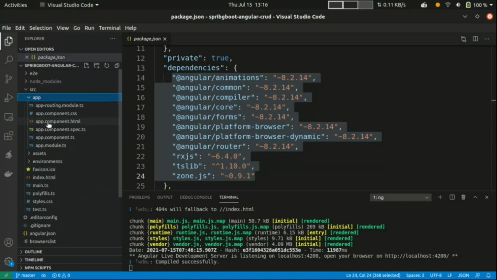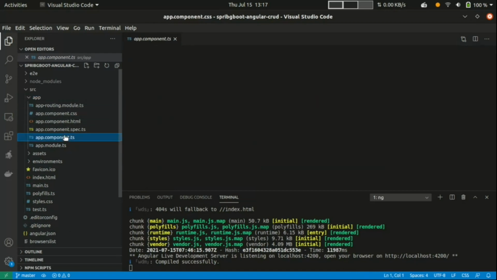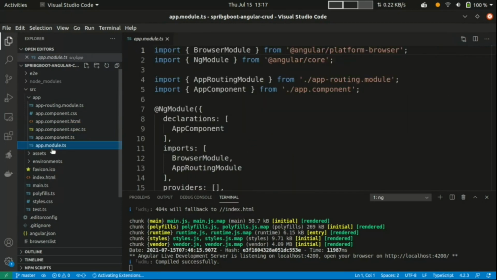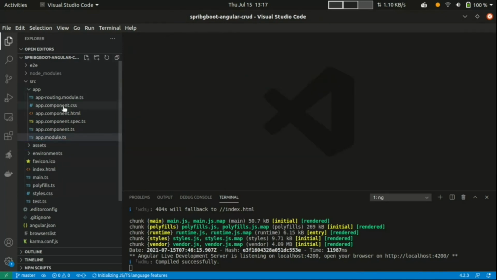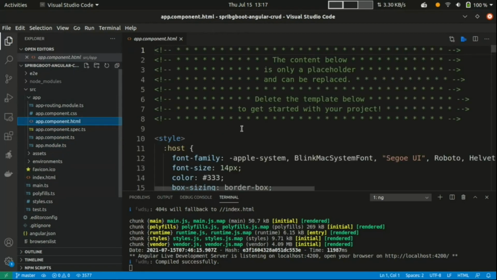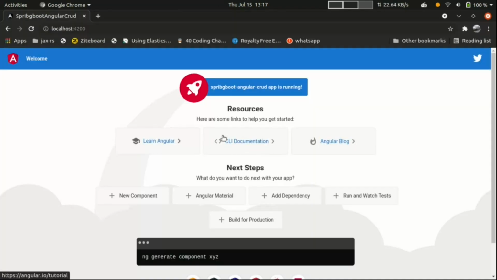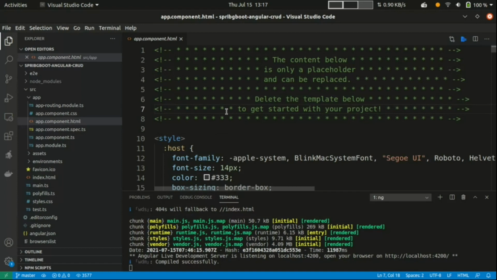We can go in app, and here we can see the default HTML page, CSS and module. Here is the app.module, where we will import all other modules if we're using them in our project. Now let's open the default page, app.component.html. Whatever content we are seeing here, it is coming from this page.